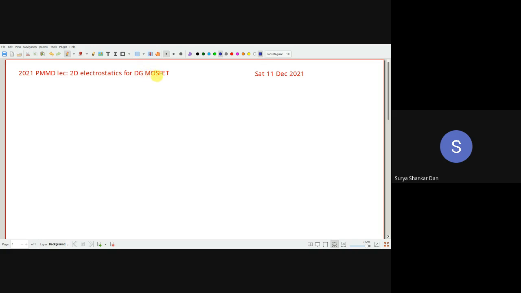The double gate MOSFET, as we have discussed in our previous lecture, forms the fundamental part of your FinFET. So let me just write that here. So this is kind of part of the FinFET modeling. Of course, I'm not going to go into much detail about the FinFET modeling for this course, but you should know how to deal with the 2D electrostatics.